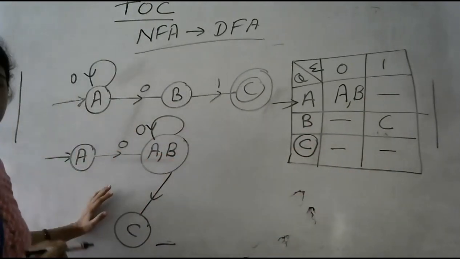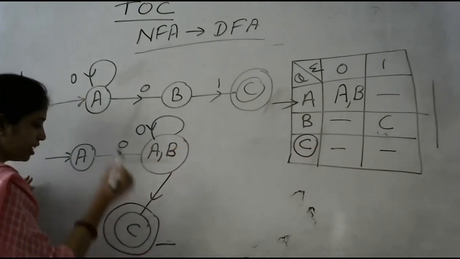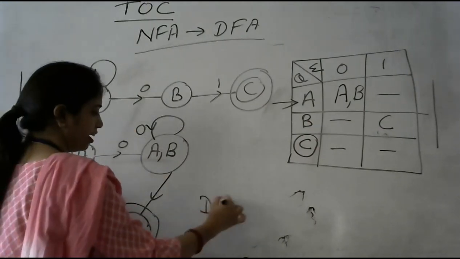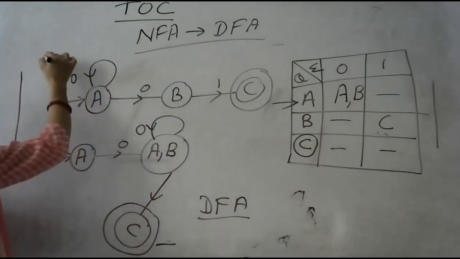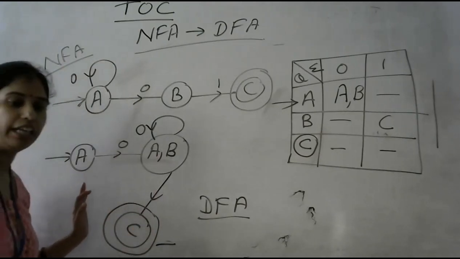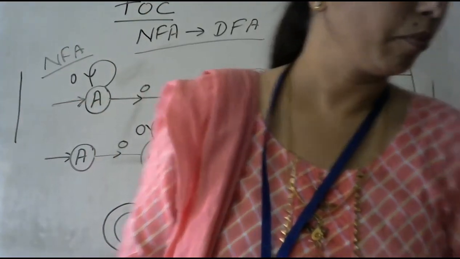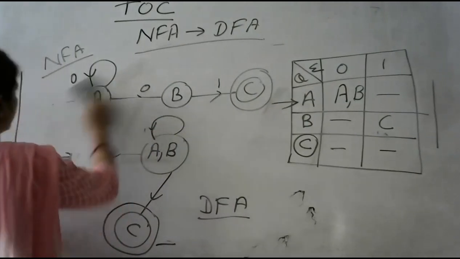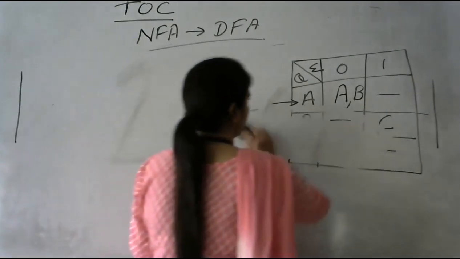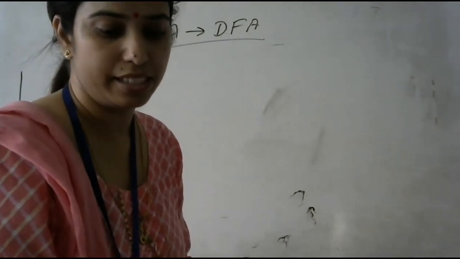So this is our DFA. C is the final state. Now this is our DFA. Okay, DFA. This is our NFA, and we convert the NFA into DFA. Got it? Now we can take another example. Yes, the other example is,